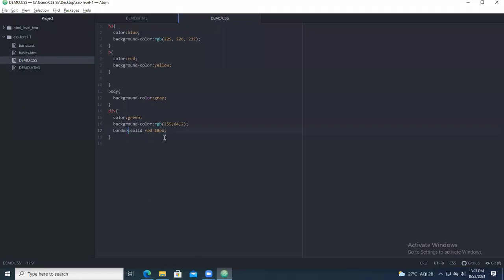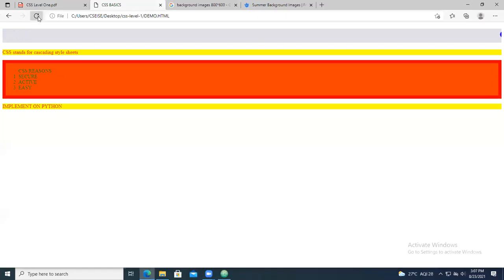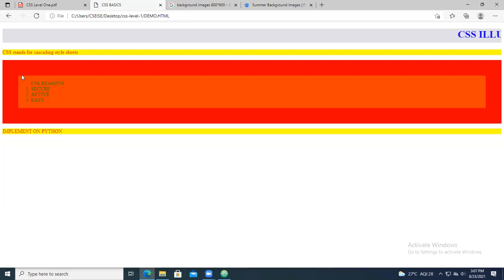So okay, I've given something called solid red 10 px. So you can go with some value called 50 px also. You can refer here, this is the border.